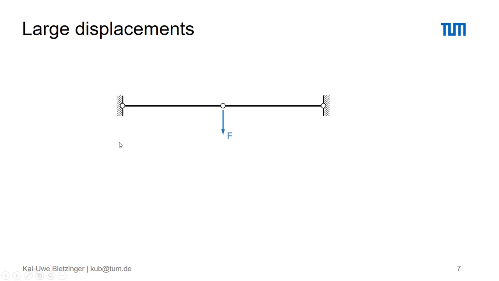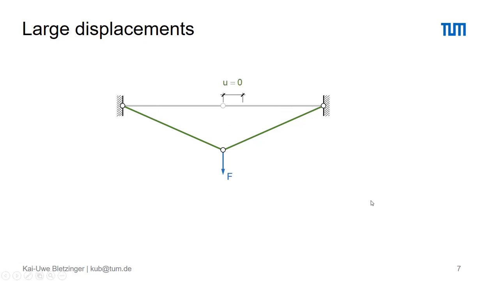Let's model that in our terms. There we have the left support, right support. We simplify the cable links to the right and to the left by this straight line here, and we apply the force here at the center. And that's exactly what we observe with quite large rotations here to the left and to the right. From symmetry in this little example, we observe immediately that the horizontal deflection of this center node must be 0.